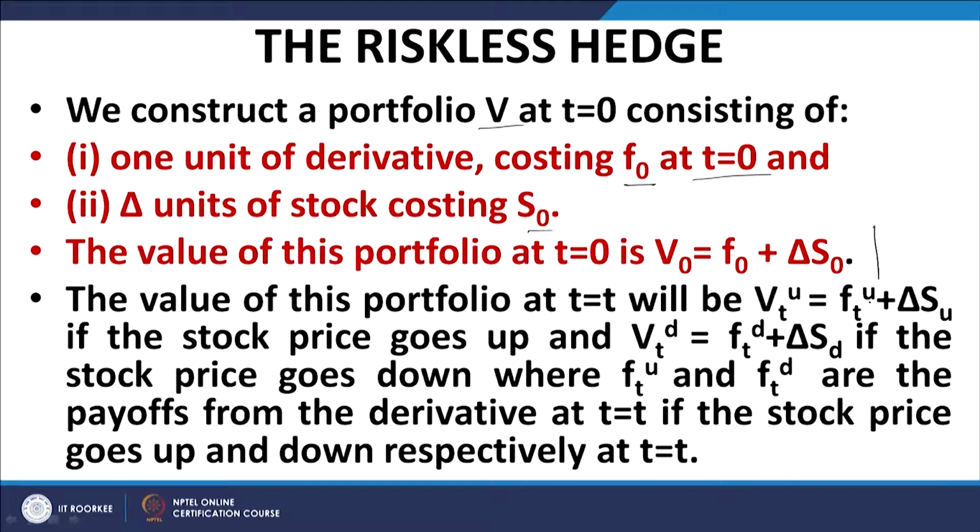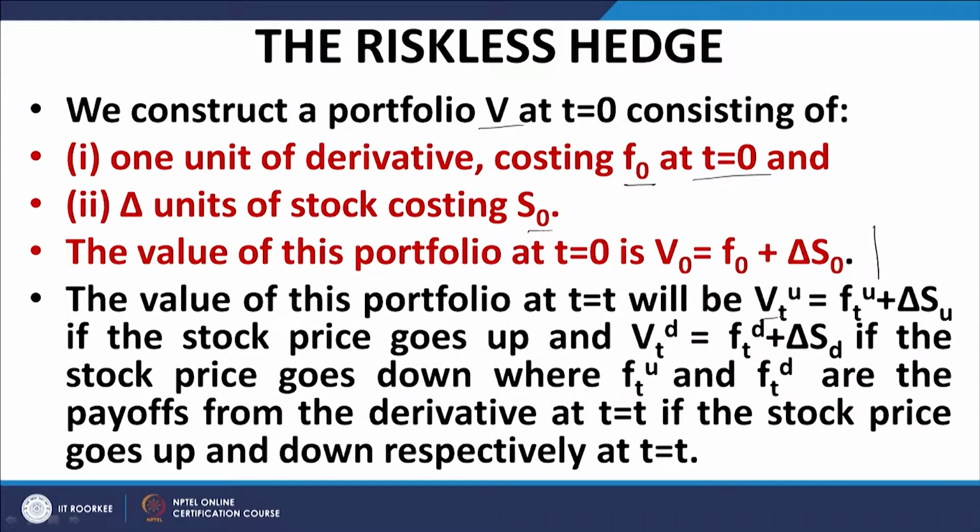Then what will be the value of the portfolio if the stock price goes up? It will be equal to fu, because this is what the derivative is going to give me, and delta into SU, because there are delta units of the stock and now the price of the stock is SU, that is S0u. So, this is the value of the portfolio if the stock price goes up, and similarly if the stock price goes down, the value of this portfolio becomes